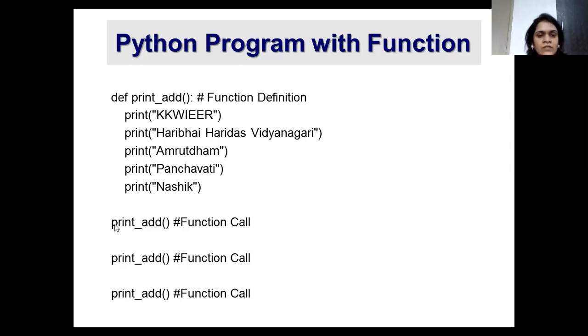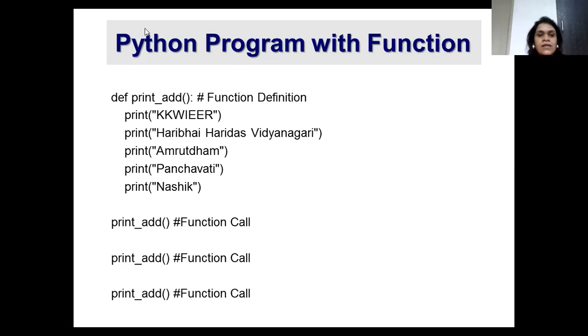The function call appears like this. It starts with the function name and then opening and closing round brackets. If there are any input arguments, you need to specify them in these round brackets. Whenever a function call is encountered, the Python interpreter executes the lines of code written inside the function.